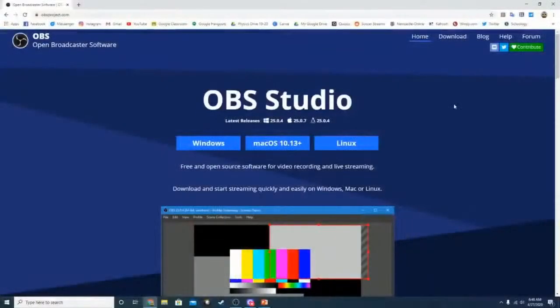Okay, so the first thing that we have to do would be to download our screen recording software, and this is OBS. So I chose Open Broadcaster Software because it is free, it is relatively easy to use, and all you have to do is just go to this website, obsproject.com, and then download the one that is appropriate for your operating system. So in my case, I'm going to do Windows, but I don't need to download that because I already have it installed in my computer, so I'm just going to go ahead and minimize my Chrome,